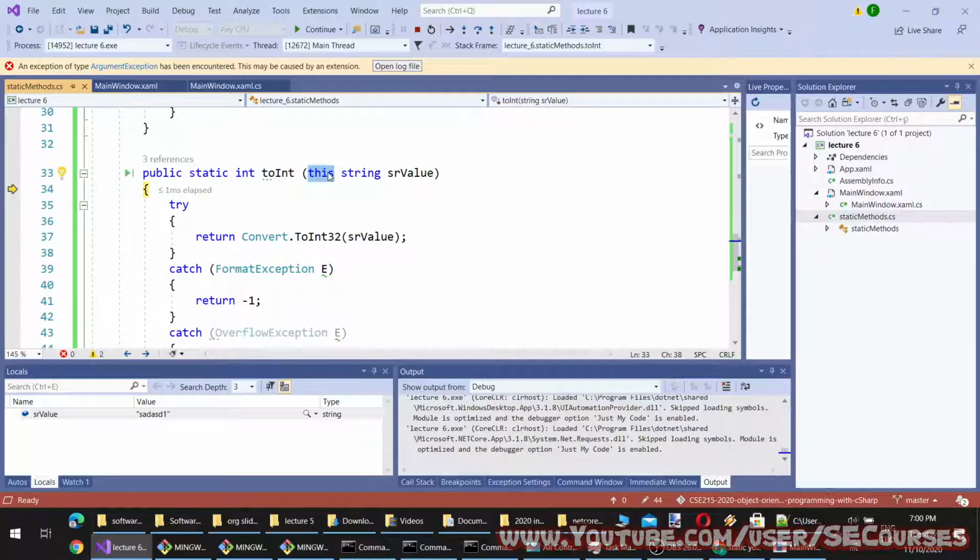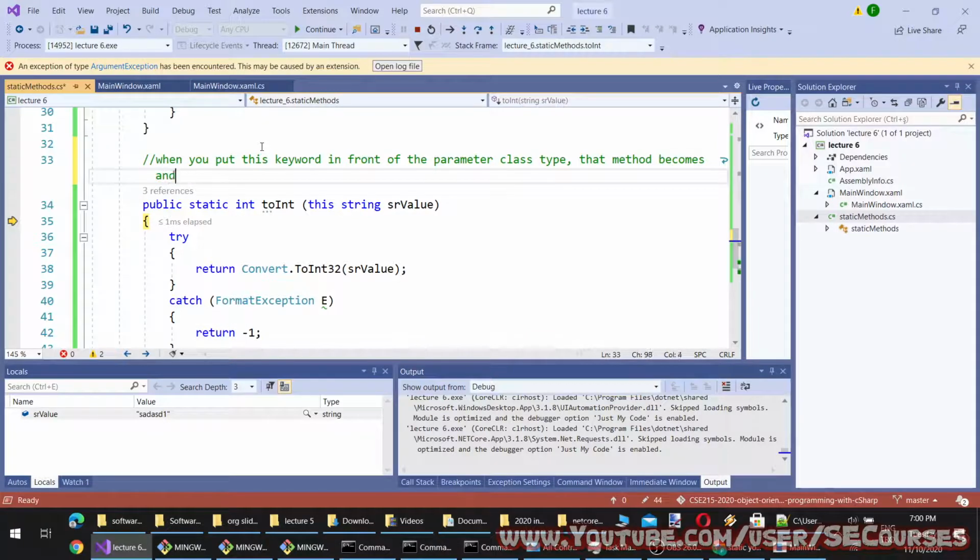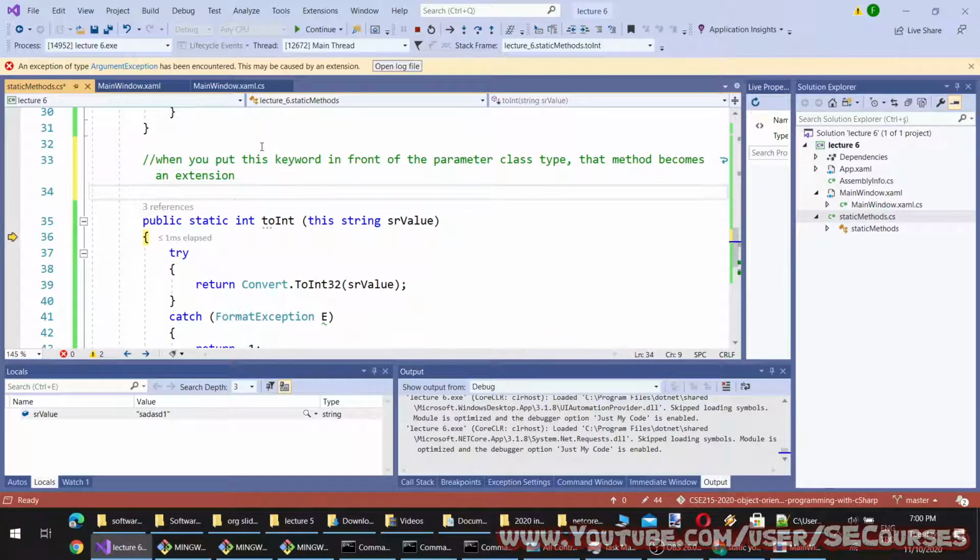Okay, when you put this keyword in front of the class name, class or the parameter type, it becomes an extension. Extensions can be defined with static.